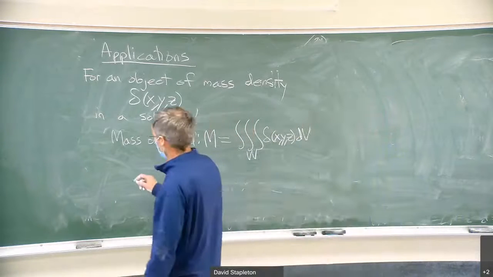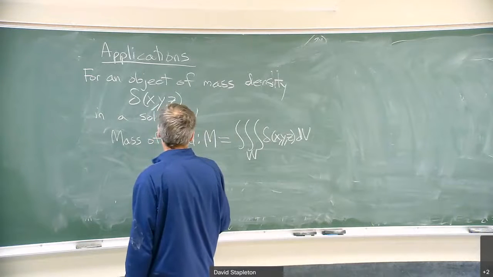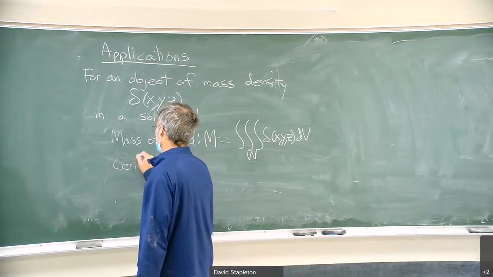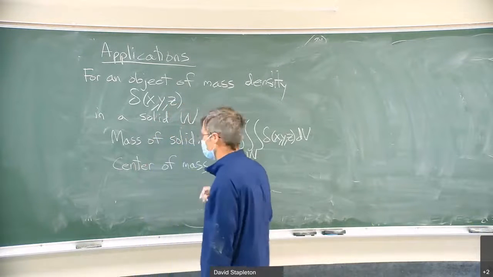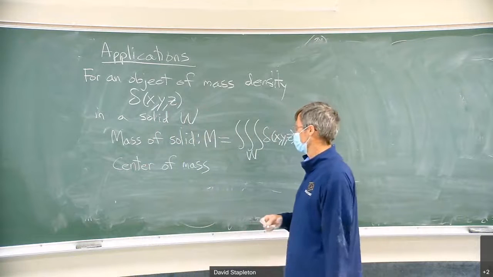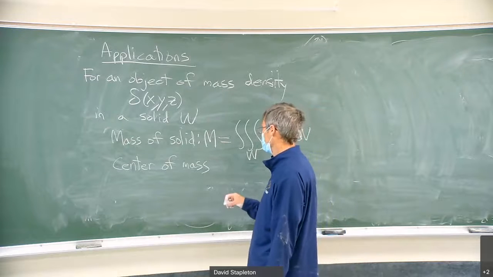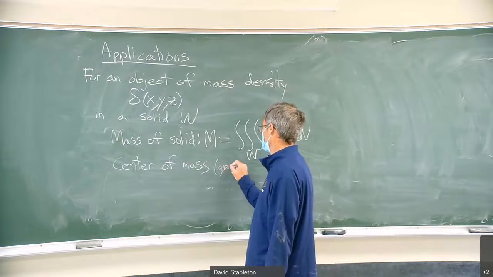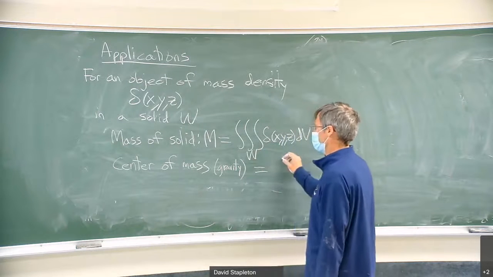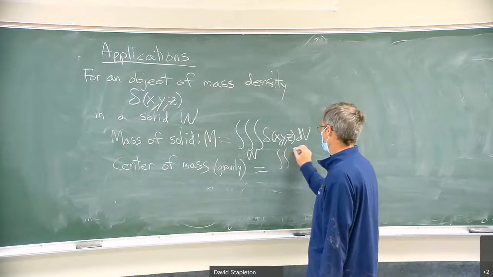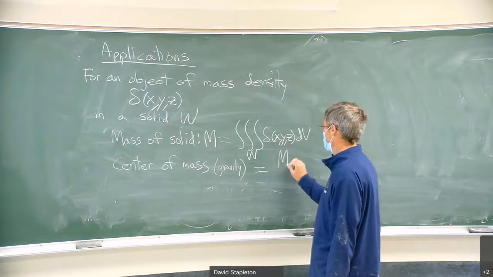Then what about the center of mass, or the book will call it center of gravity, which is the same if you have a uniform gravitational field. But I dislike the term, and I think they should call it center of mass. What is that going to be? Well, what you do is you take the mean mass point that you get by integrating over. Let's write it this way. It's the moment of mass